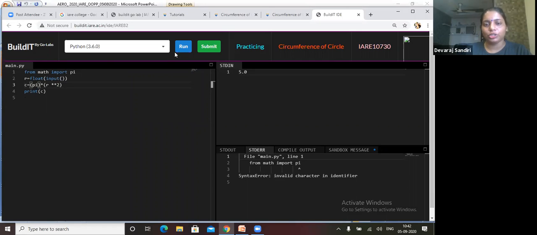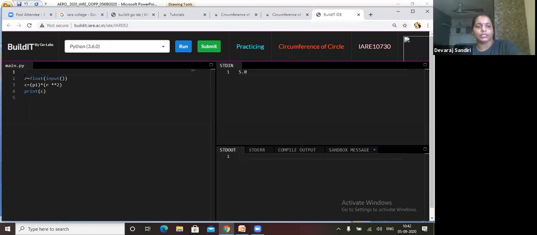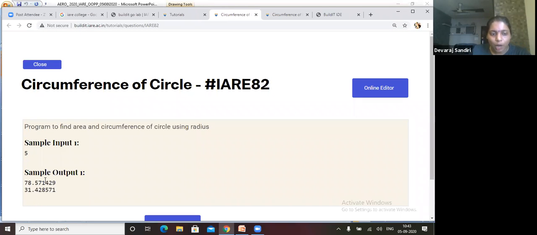Okay, now students, you just hold on to this, because if we are not getting proper output, we will not get our 100% marks, I think so. So here we have to give 3.14 only. If we give 3.14, we are getting proper output. And if we submit, you will get 0. Why are we getting 0? Because our proper value we didn't keep. Only pi r square we kept. But here circumference also we have to keep. Okay, circumference and up to 6 digits after the decimal we have to get.